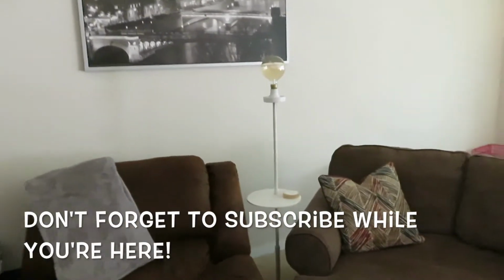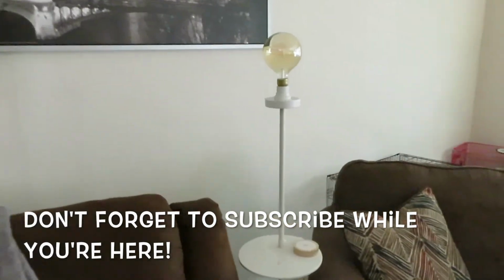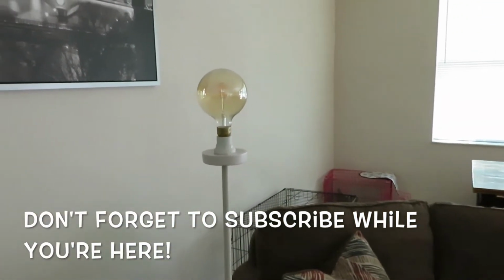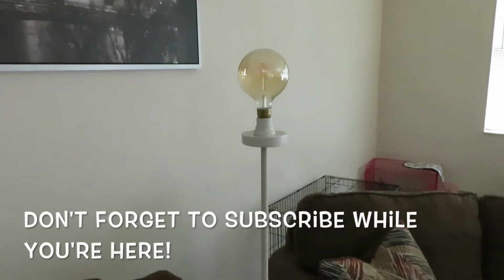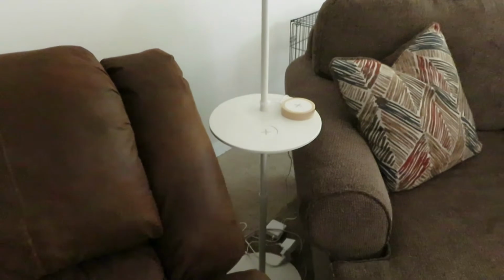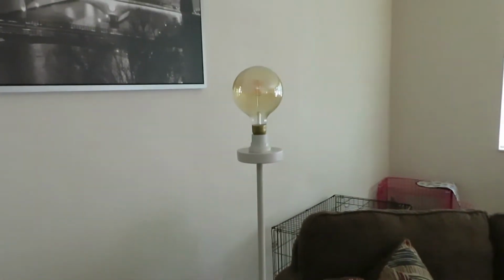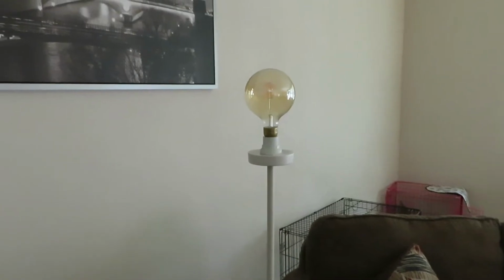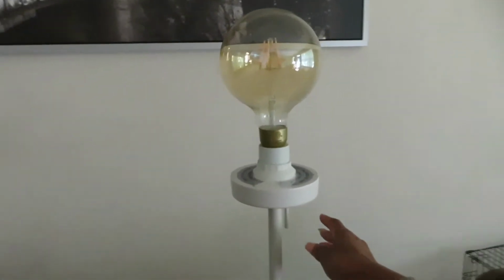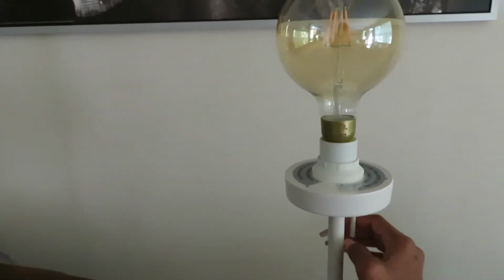And then the light, I think, is so cool. I love the way it brings a little farmhouse feel, especially when it's nighttime and the light is on. This lamp is actually from IKEA. We just decided to not use an actual lampshade, and we went with just the large light bulb that they had. And this is a dimmer, so